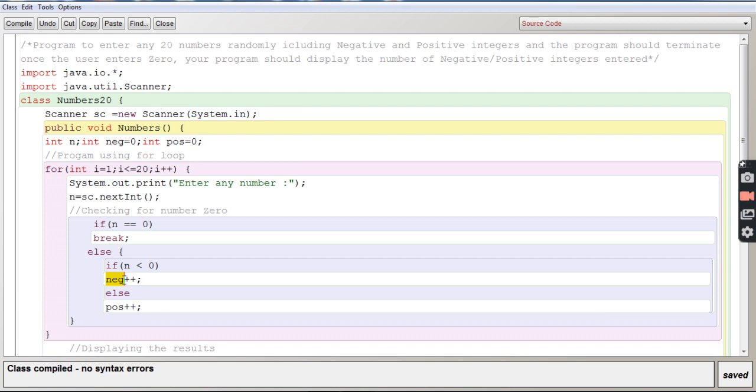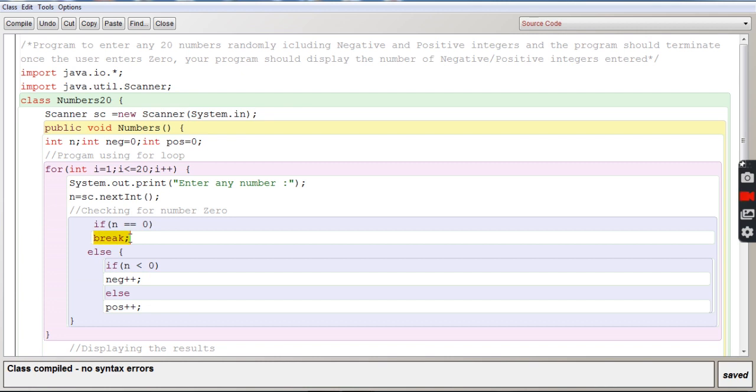Similarly the loop is going to move again, and this time let us say we have entered n as 0. So it will check if n is equal to 0. 0 is equal to 0, true. As it is true, it will go to the break statement.